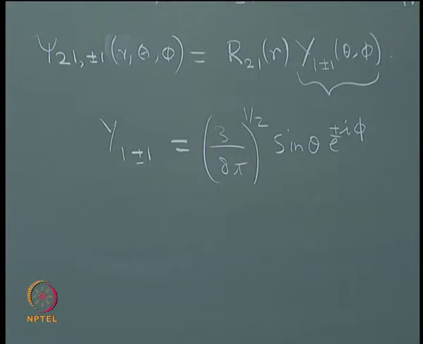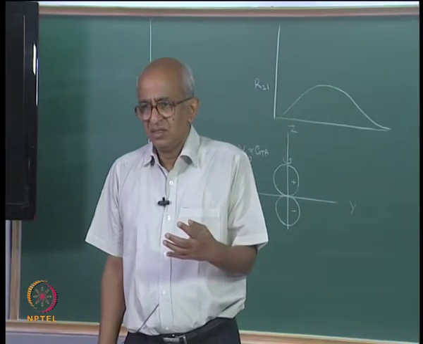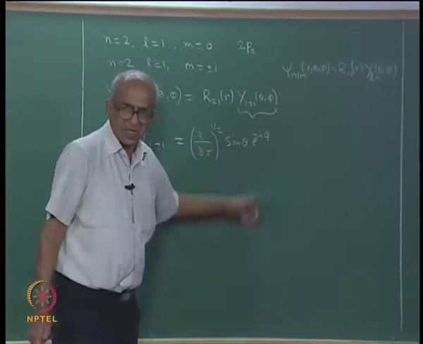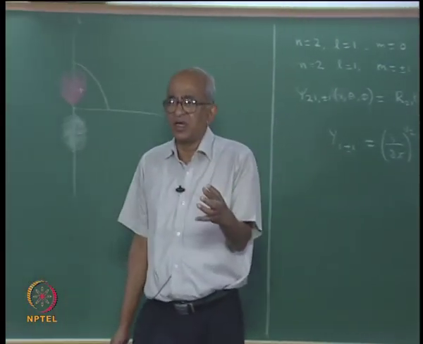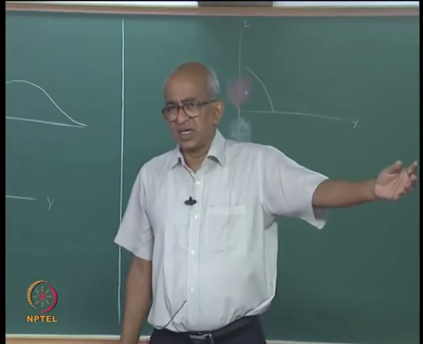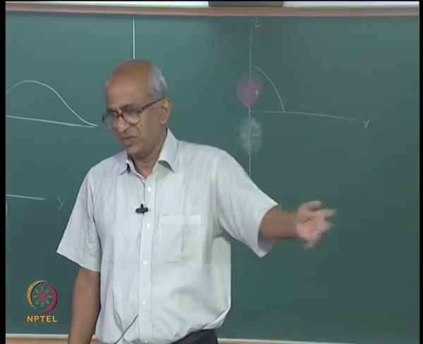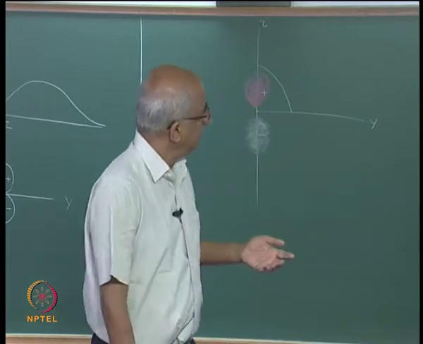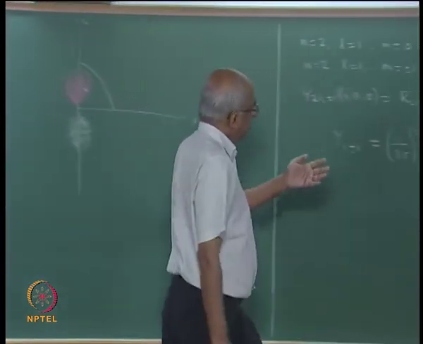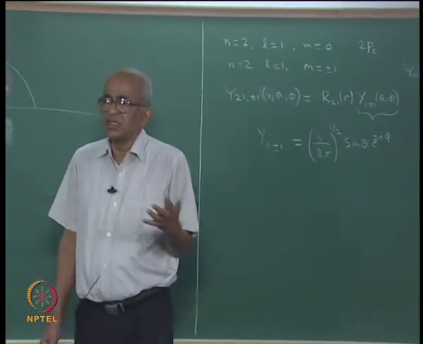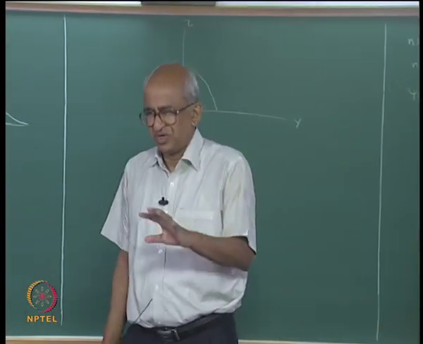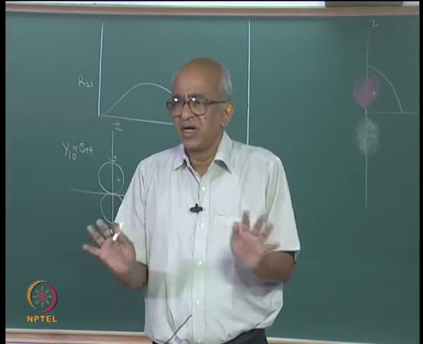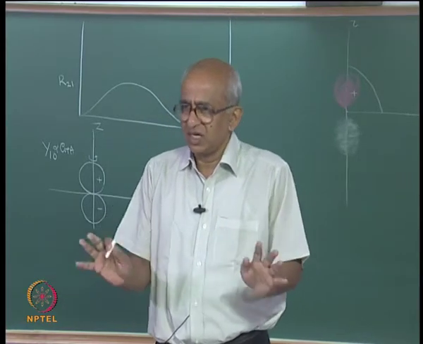Now, visualizing this kind of function is difficult, because e to the power of plus or minus i phi can be written as cosine phi plus or minus i sin phi. Using a theorem from mathematics, we have already discussed this, and therefore it will contain a real part as well as an imaginary part. So, it is difficult to visualize, but there is nothing wrong with this function. This is absolutely fine, and if you want to use it, it can be used.